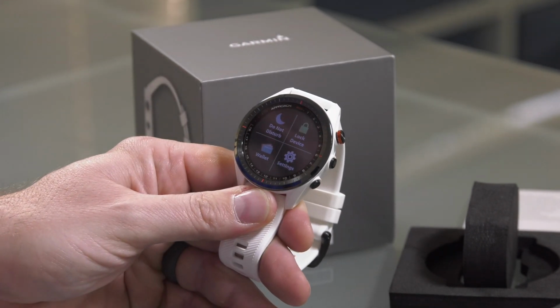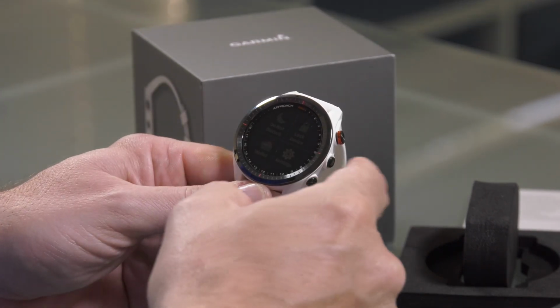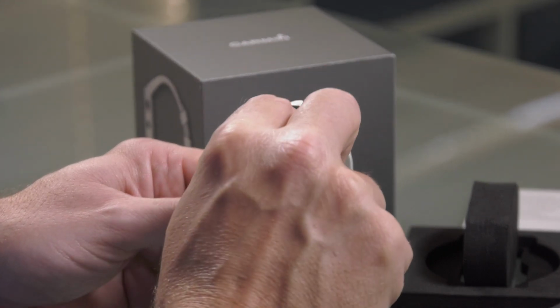And when I do that, people can't text me or call me because I want to be in the zone. That's pretty cool. I can lock the device, and I've got more settings here. All right, I'm going to pop back here, and I'm going to see what else this thing can do in terms of...